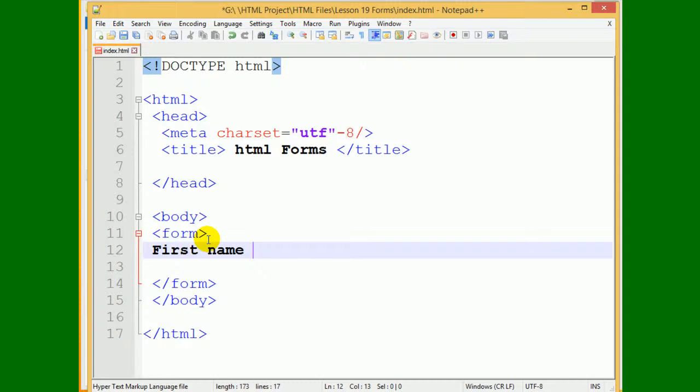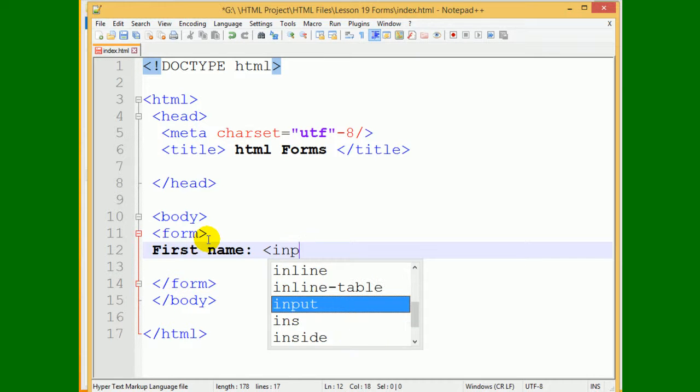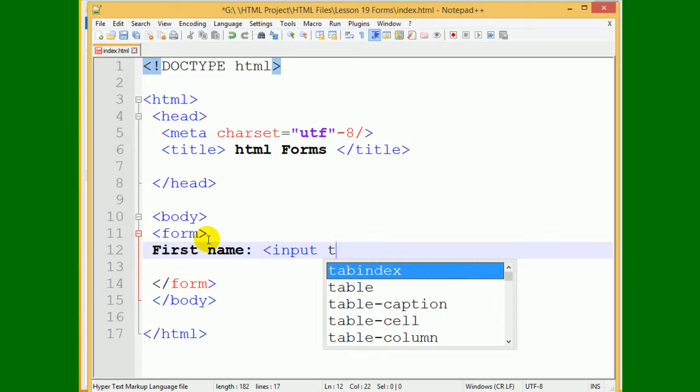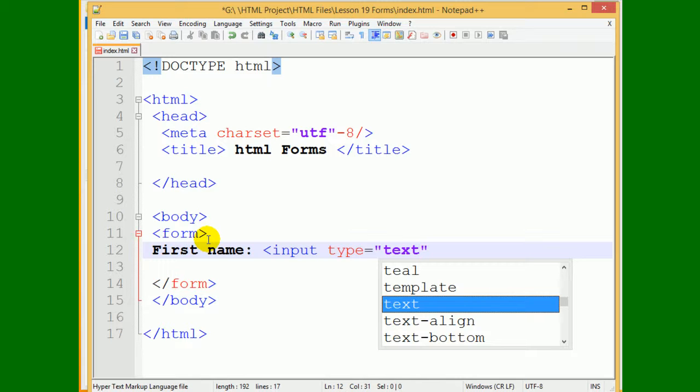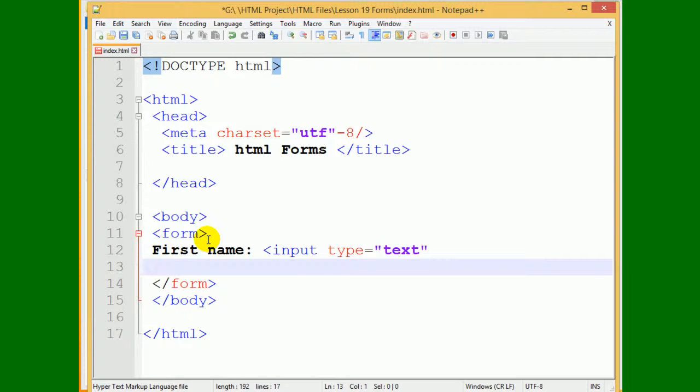As I'm going to make a form just for first name, then I have to put certain elements such as input, type, equal sign, and quotation mark. And under this quotation mark, I have to type the type of input, which is text. Then I have to type the name,